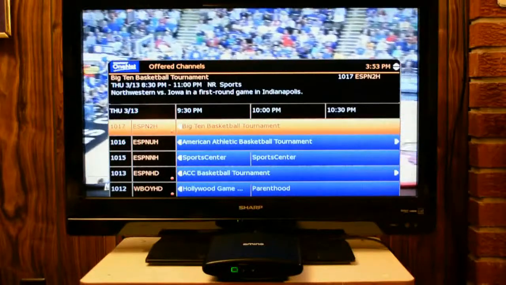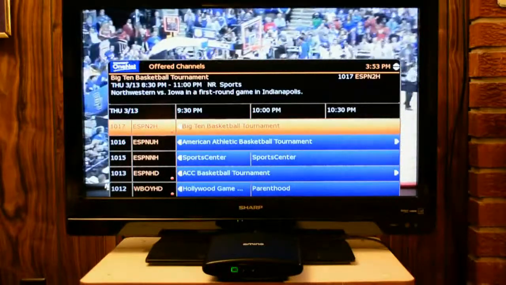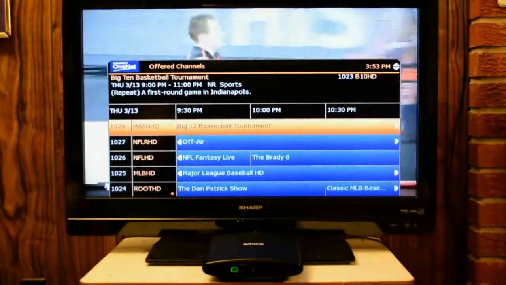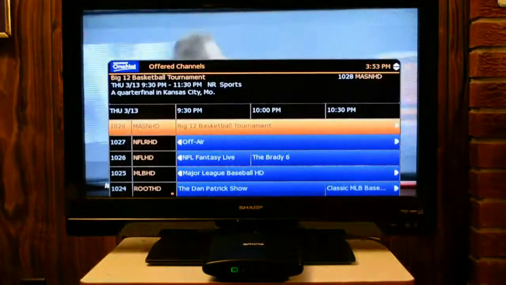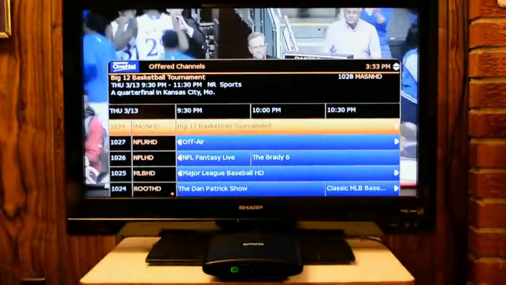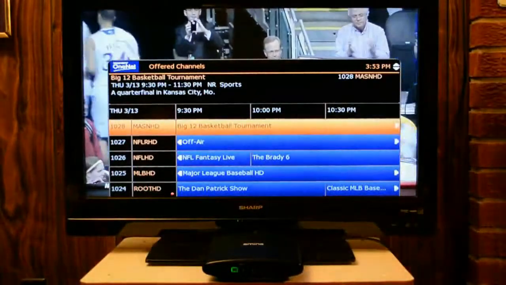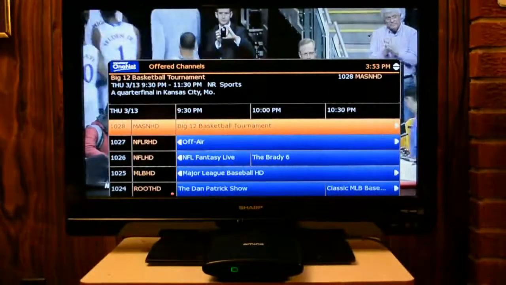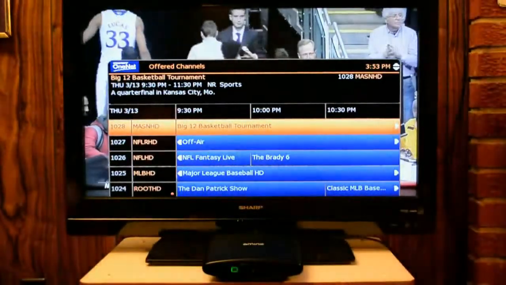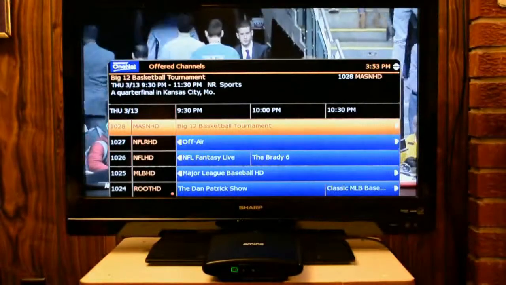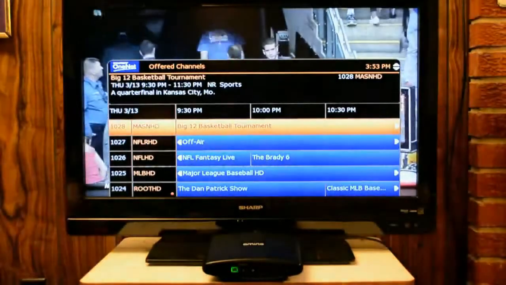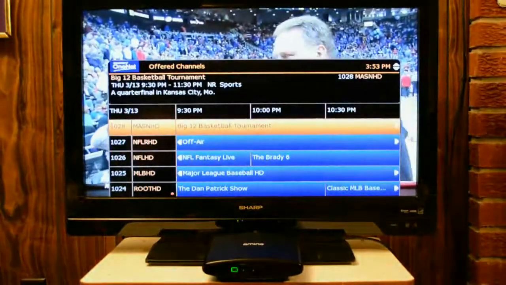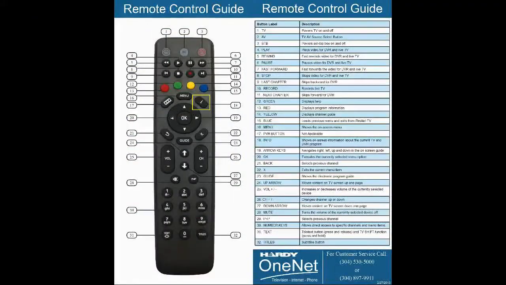And let's see, I think it is actually on Masson tonight. Mid-Atlantic Sports Network, there it is. That says a quarterfinal. I happen to know that is WVU's game tonight versus Texas. So if I'm there, since it's in the future, I can either click on that and hit the OK button, or I can hit the information button, which is the button with the little eye on it. So if I hit that,